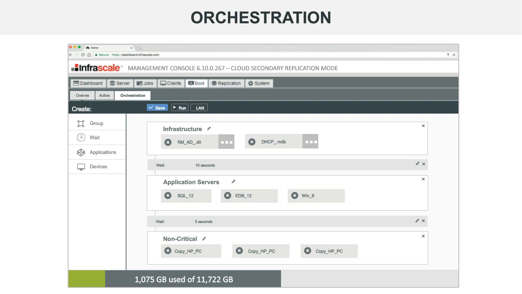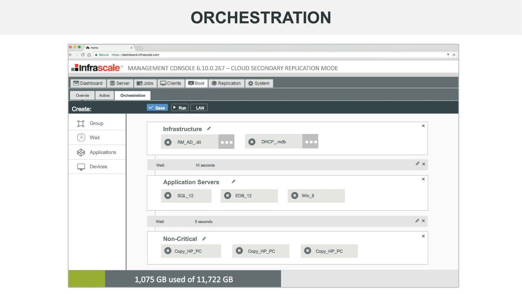Now, with boot orchestration, say it's 4 to 6 hours per application or per server to recover. If you multiply that times how many machines your environment has, that could be days or weeks before full recovery is done, or a lot of sleepless nights for the technicians, and maybe a lot of 24-hour shift changes. With boot orchestration, you get to predefine, and our team will help you do this as well, what a full recovery would look like.